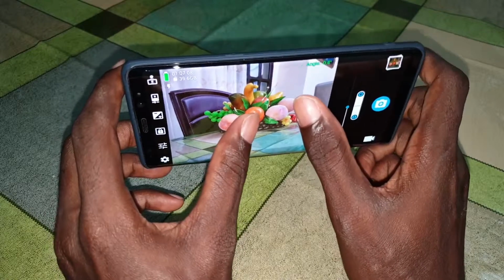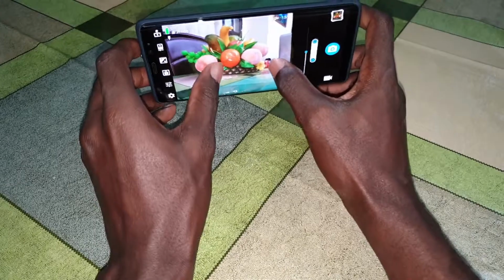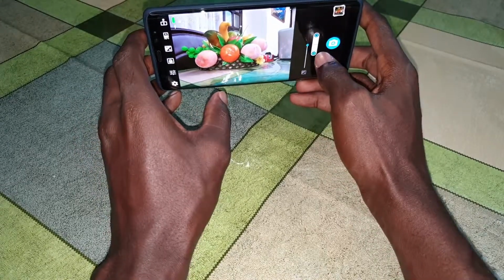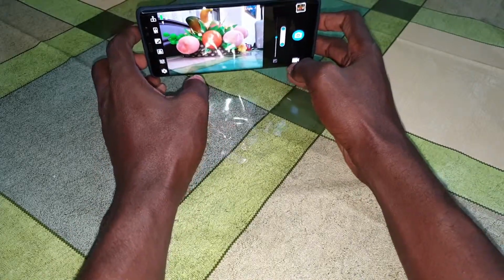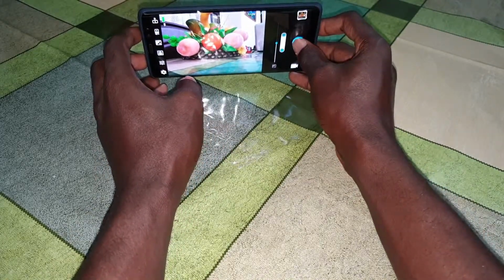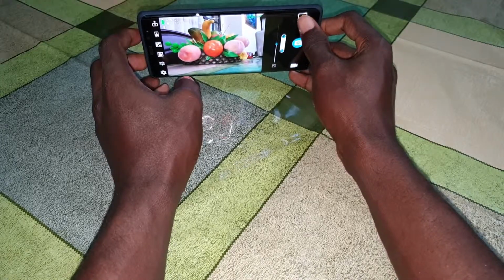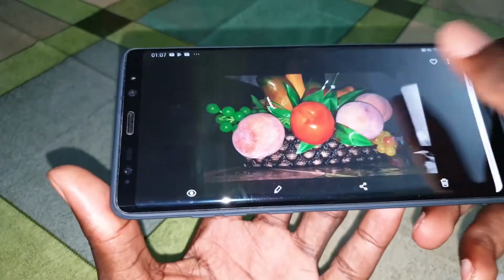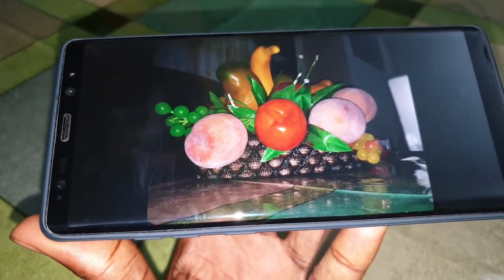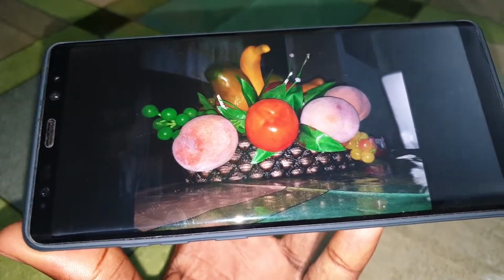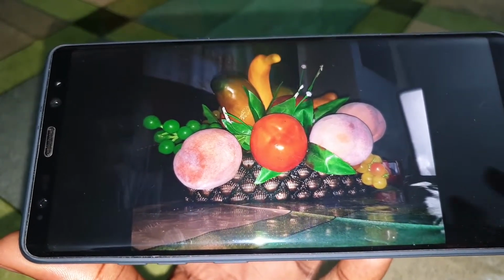Now, let me zoom again. Let me take a picture like that. Okay, I also want to see again. Wow. Take a picture. Ooh. Look at that. This is amazing. There are more details on this beautiful picture. As you can see, this is amazing.